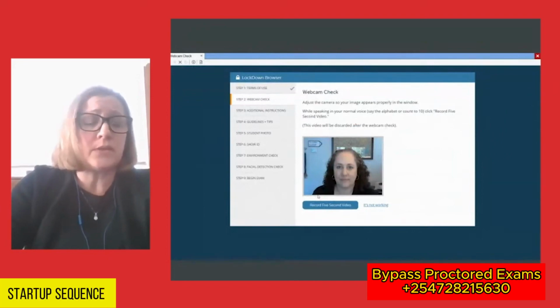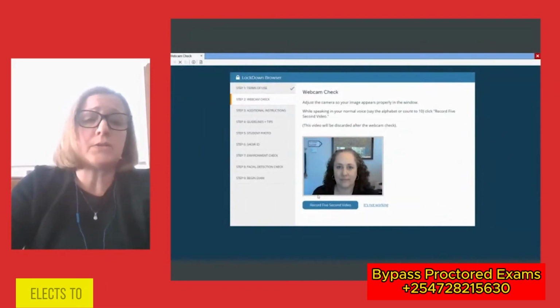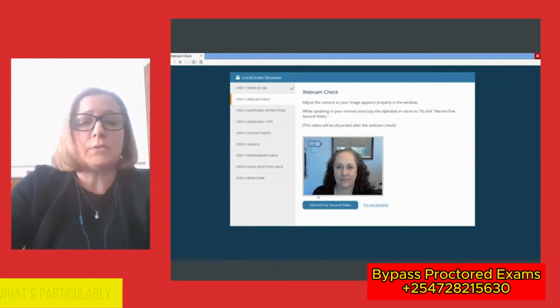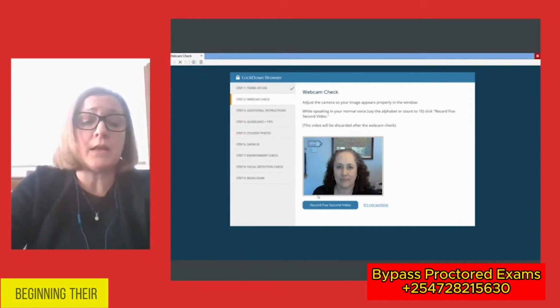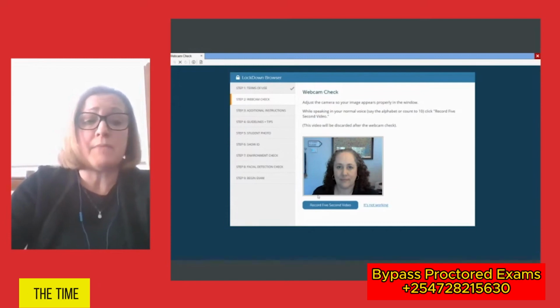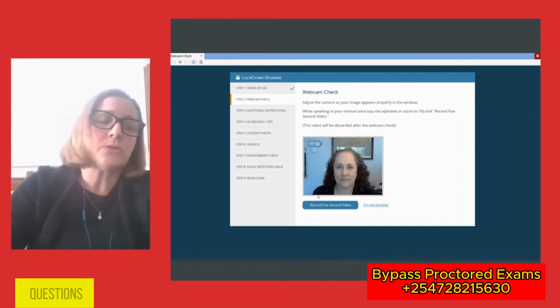Now, the startup sequence is a series of events that the instructor elects to use for the assessment. What's particularly nice about the startup sequence is that even when the student is engaged in beginning their experience using the applications, they also have assistance from Respondus support up until the time that they launch their assessment. So if there's a concern about what if the student has questions and how do we get them the proper type of assistance,